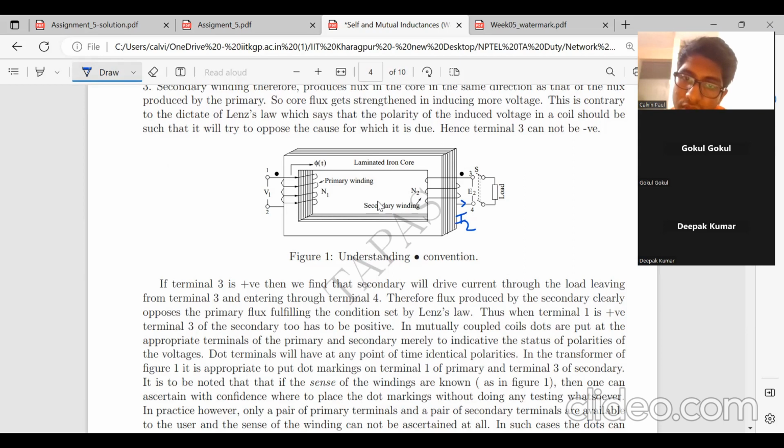So what we want is that the flux which this coil generates should be in this direction, so that it will oppose this flux which is in this direction. Okay, that is what we want. We want this flux to oppose this flux. And for that, what we would require is